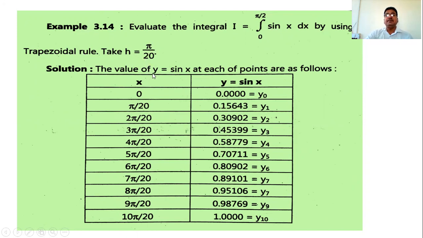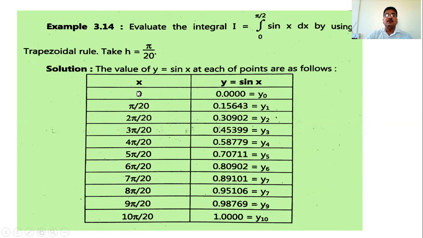That is, we have to prepare the table first. The function is f(x) = sin x, or y = sin x, and we have to prepare the table. Write the table either in the form of rows or columns. This table is in the form of columns, so the first column is the values of x and the second column is the values of y. If this is not convenient, write the table in row form: the first row is the values of x, and the second row is the values of y.